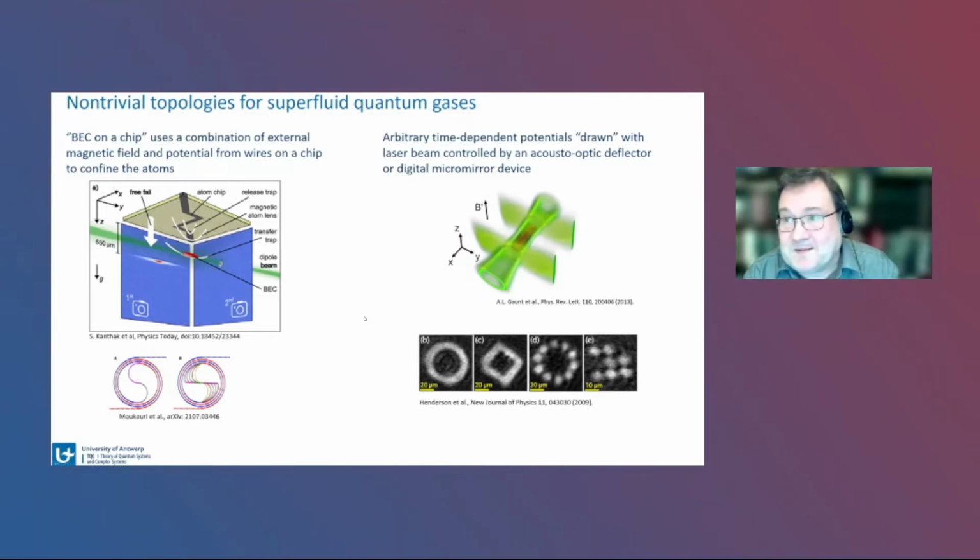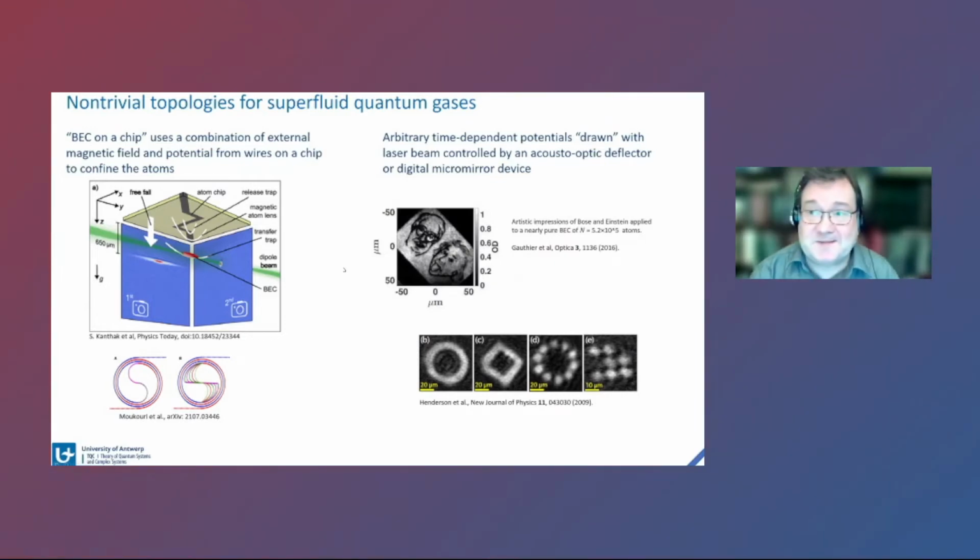Because I suspected that the previous lecture would indeed be about cylinders, here we also have a cylindrical type of confinement. Here it's a blue detuned laser beam which repels the atoms, so they're confined inside. But if you use red detuned light, then you can make a cylindrical confinement where the atoms go towards the edges of the cylinder. And people have been doing all sorts of funny stuff with that. So here you see a Bose-Einstein condensate that's subjected to a potential in the shape of Bose and Einstein. So indeed,